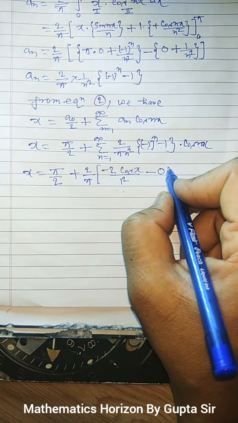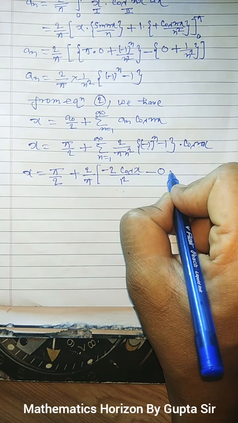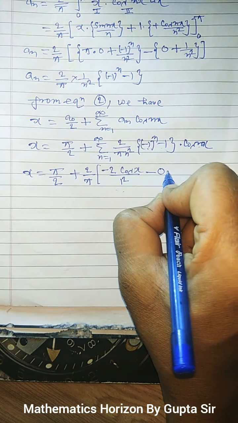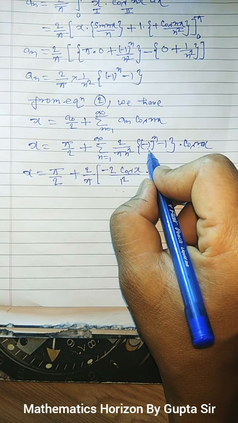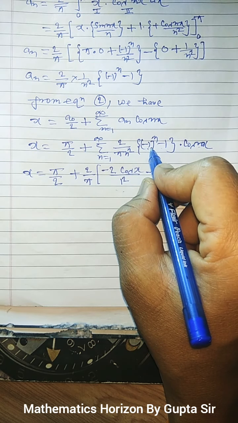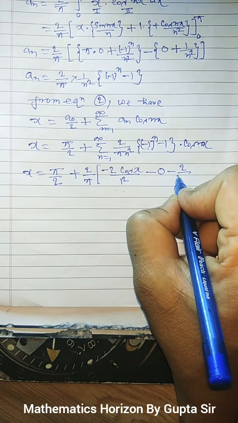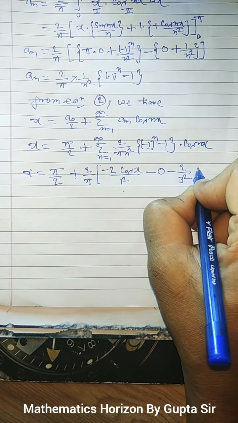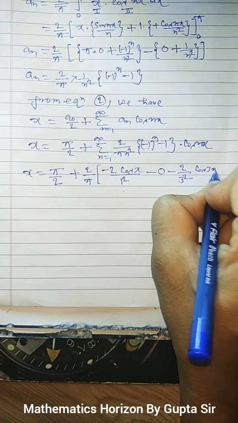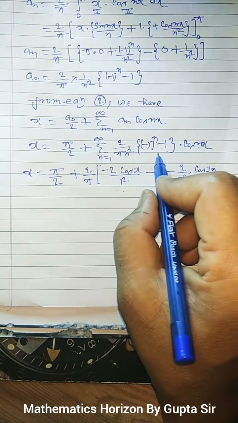When we put n equal to 3, minus 1 to the power 3 means minus 1, minus 1, that is minus 2 upon 3 square cos 3x. When n equal to